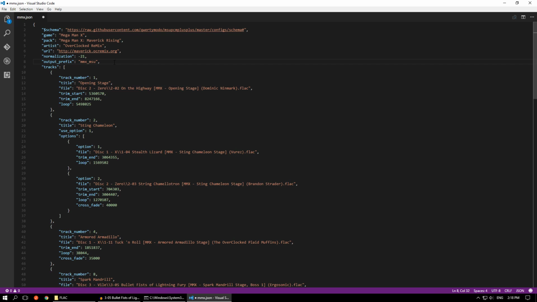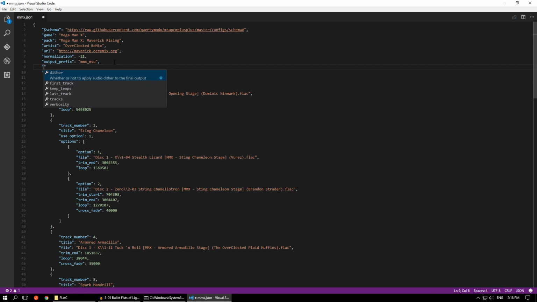Now what it won't do is, if I put in something completely invalid like that, it won't tell you that it's invalid, but the program